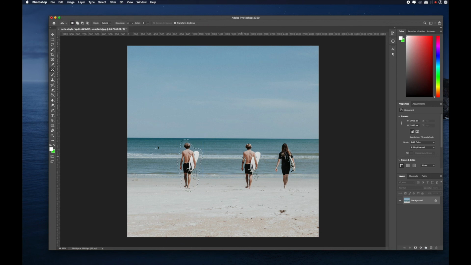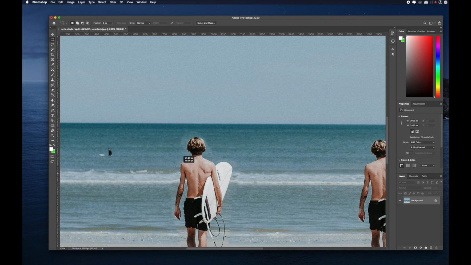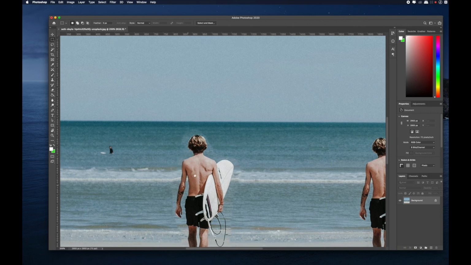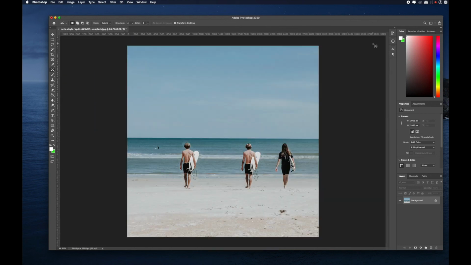That particular object will remain intact in the original position, and you are creating a new copy of it. Now if you see, there is something you have to do a bit of fine work on. It has not done a pretty good job over here, but of course you can use clone tools and eraser tools and then start editing it very finely. I hope you have understood how to use this content aware fill and content aware tool option. And if you have any doubts, again, you can call me, WhatsApp me anytime.